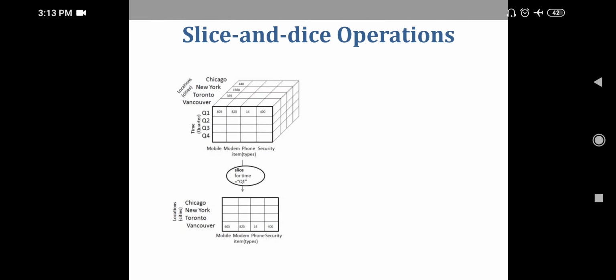So what have I selected? Only some part of this data cube by using this slice operation. So this 3-dimensional data we are now representing in 2 dimensions, that is the city, right, different cities. With those cities we have different types of items, and which time have we chosen? Only Q1, the Q1 quarter, I have used with these values. So this is called a slice operation. Here we have created a subcube.